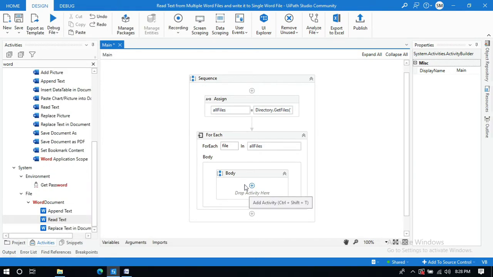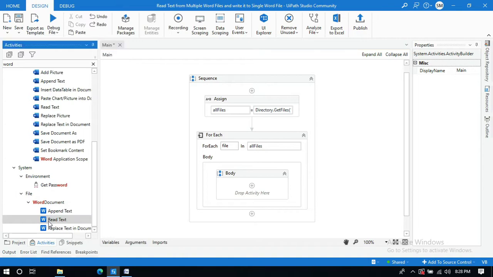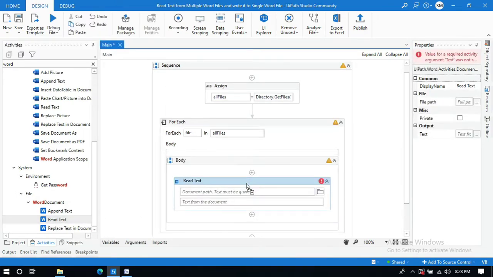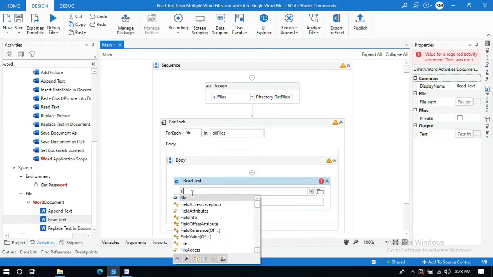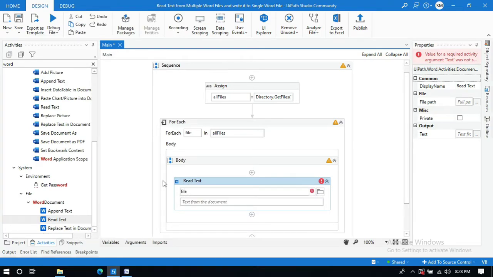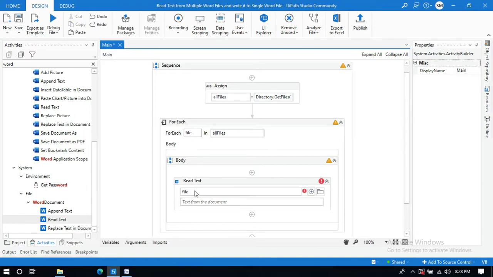Inside this for each activity I will use the read text activity under this Word document. Let me drag and drop it here, and fill in the fields. First I will write file, which contains each file. This for each activity will iterate through each and every file in all files.